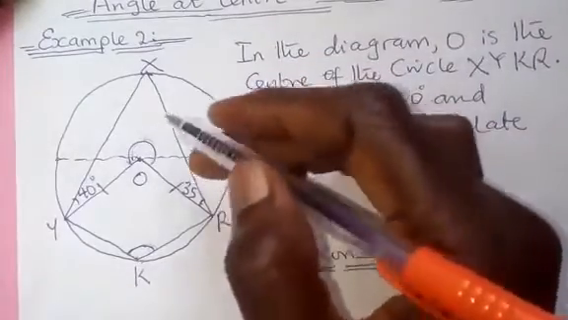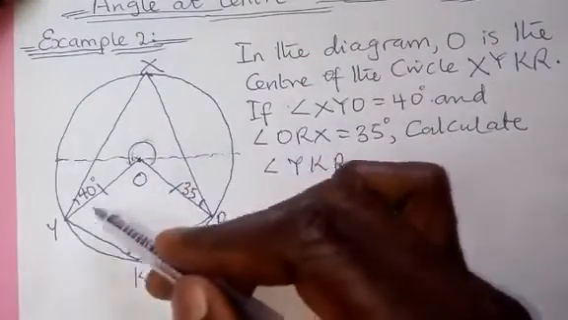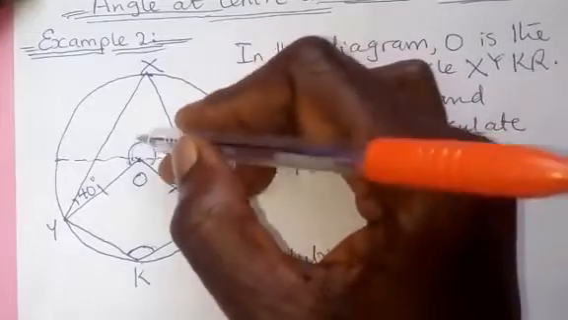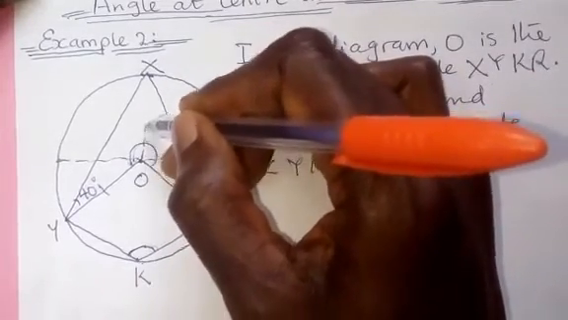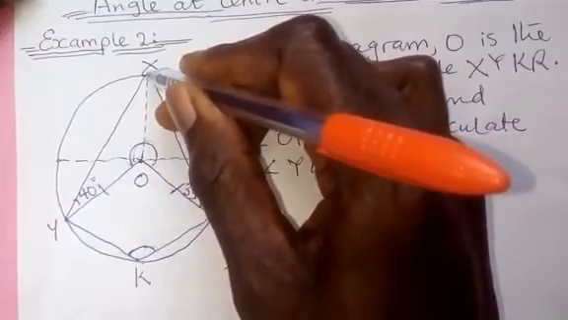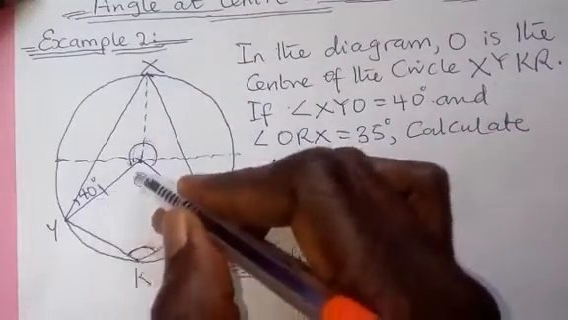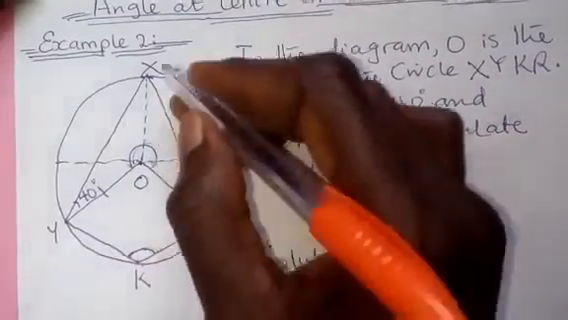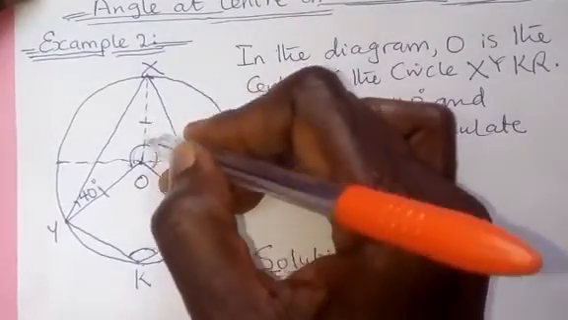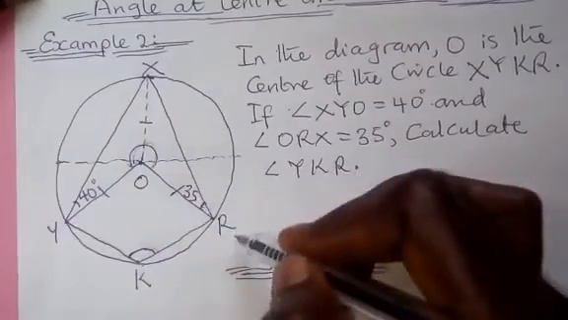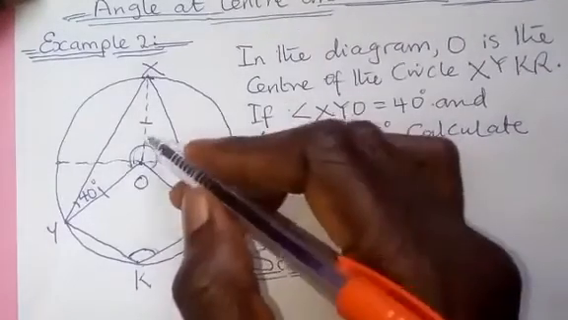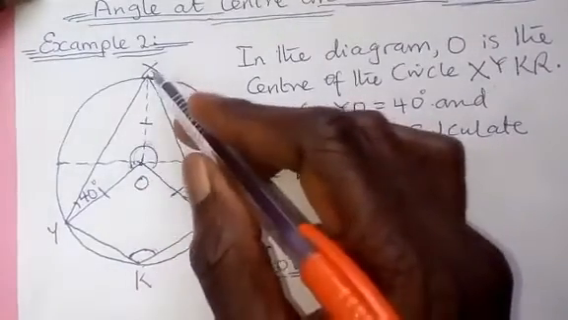The answer to that question is to observe the triangle. Now, if I draw a line from O, which is the center, to X, that means our OY will be equal to OX. And the reason for that is that both of them are radii. And the same thing applies for our OR. But if you take a look at triangle X